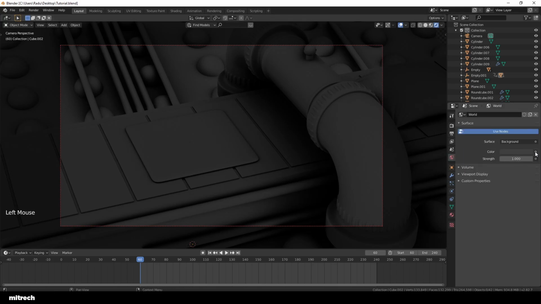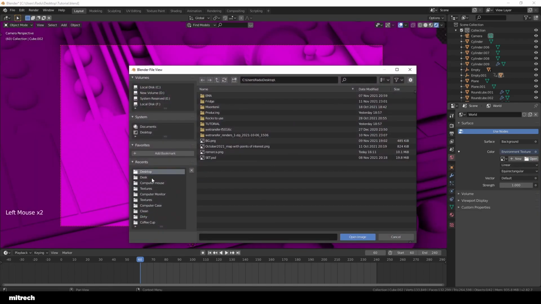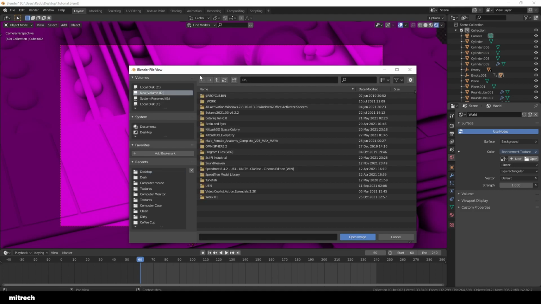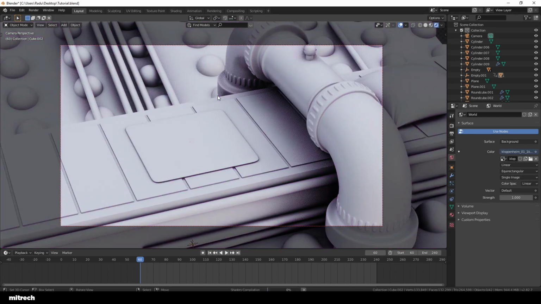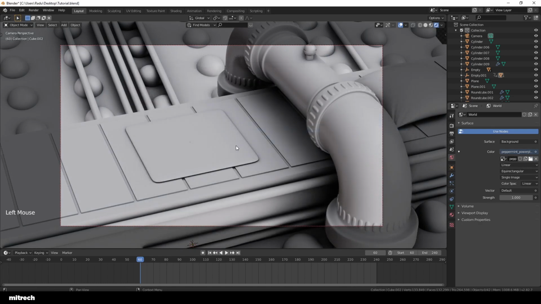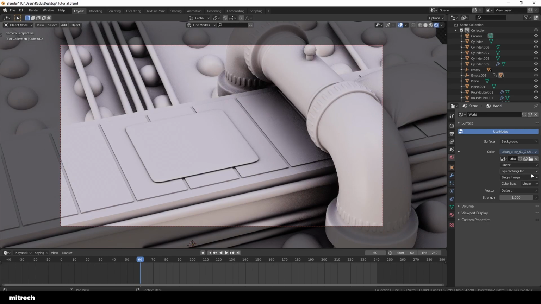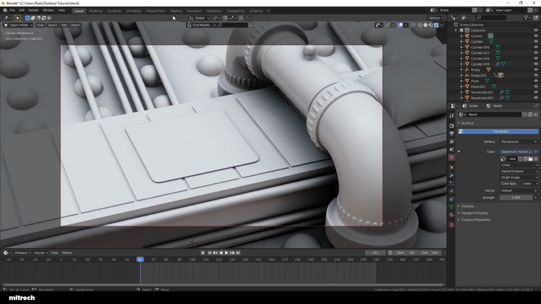First thing I'm gonna do is add an environment texture, and I'm gonna use an HDRI for that. So let me just look for an HDRI I have on my computer. So HDRIs, alright. Let's try a couple of those. I like this one so far. I think this is cool as well. It's got a nice warm color to it, but let's go with this one for now